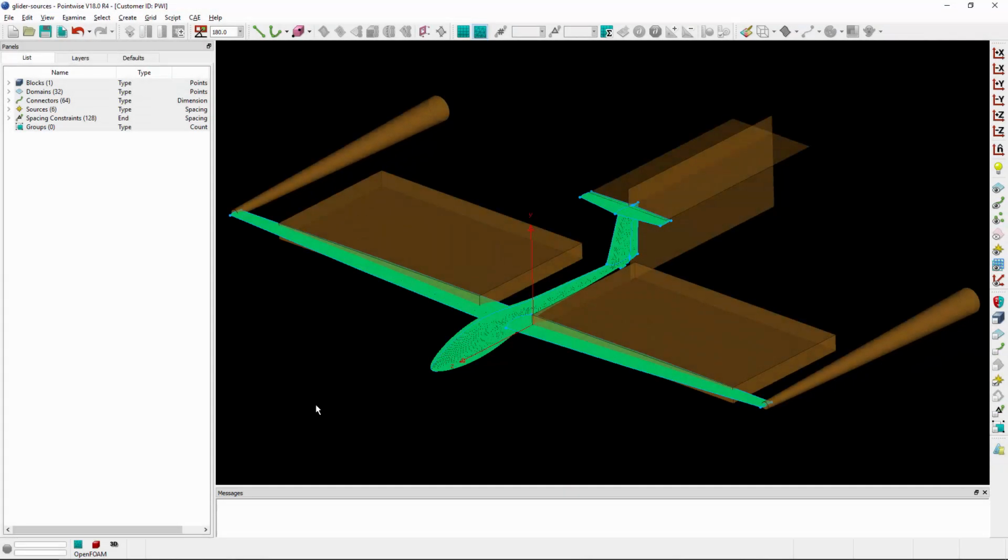So what you can see on the screen here is a glider, an aircraft, with a number of sources that have been created. There are some cylindrical sources behind each of the wingtips to help capture the tip vortices, provide some additional resolution in the volume mesh. We've got some box sources behind the wings, some sheet sources behind the vertical and horizontal